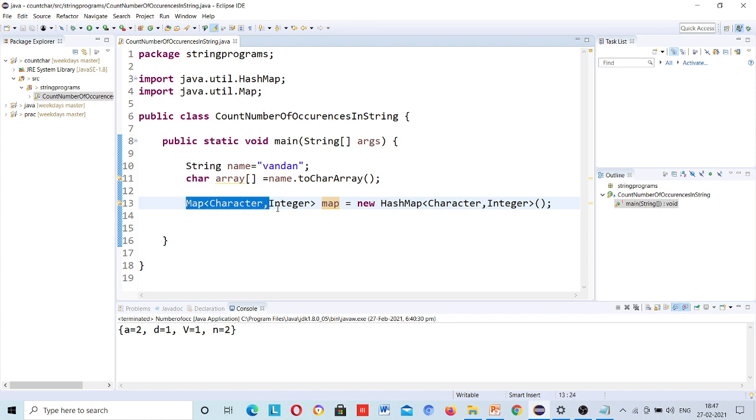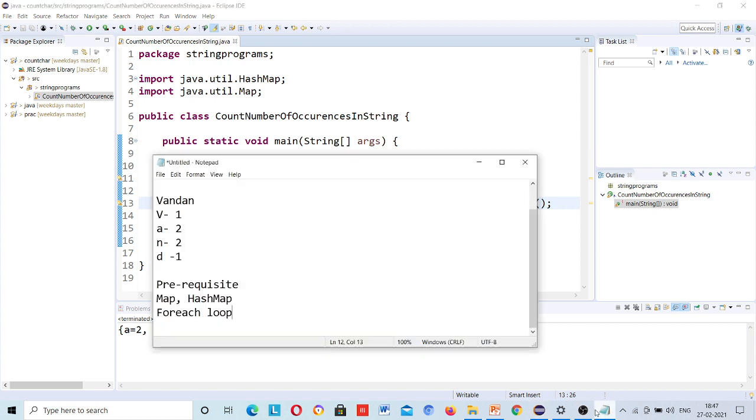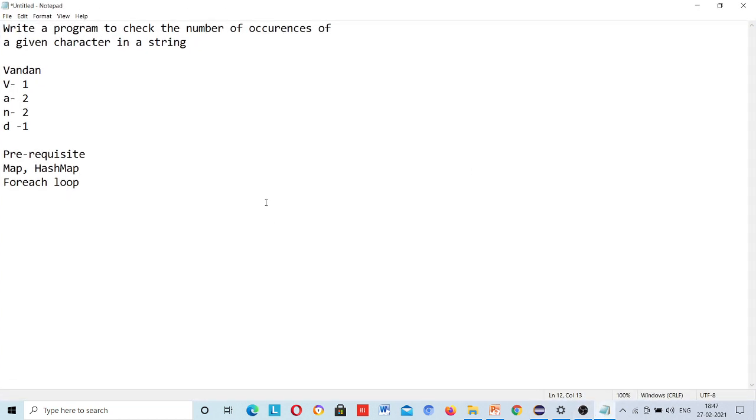I hope that you are aware of this map concept. If not, then quickly I will explain what a map is. Map is a type of data structure which can store data in pairs of key and value. If I talk about set, then set only stores values.